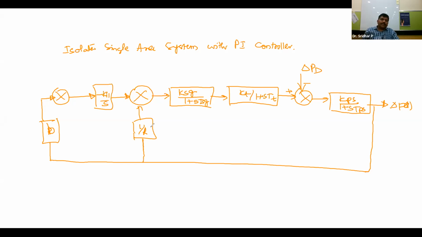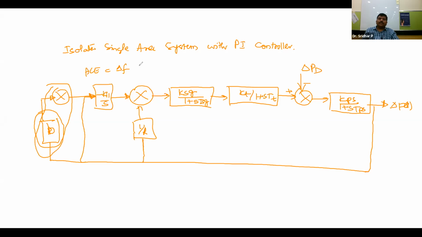No. See, yes, this is nothing but a B. So this biasing constant, the frequency biasing constant, never comes in the single area system. So this total loop will be wrong here. Whatever this one is, you have to take the connection from here and it will be directly given to this. So the input for this PI controller is ACE.